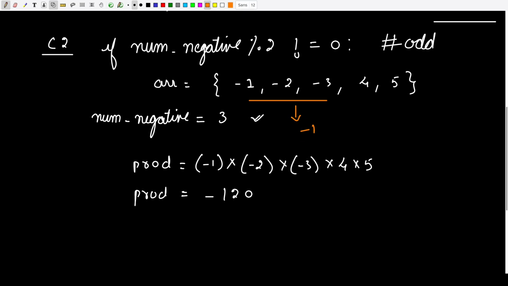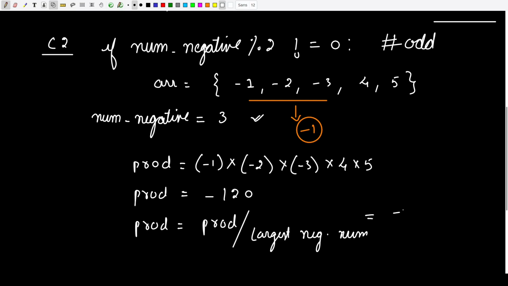So the largest negative number is -1, and then this product is something which we are going to divide by this largest negative number. So product will be equals to product divided by largest negative number. And in this way, this product will become 120 divided by -1, which will be equals to 120,